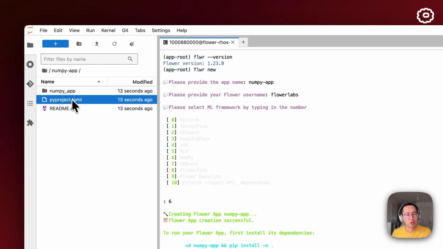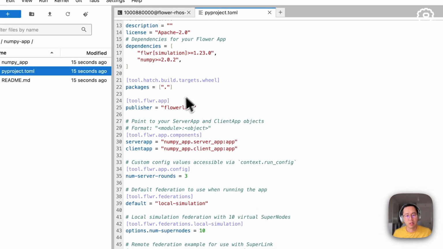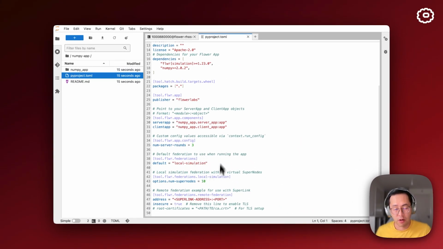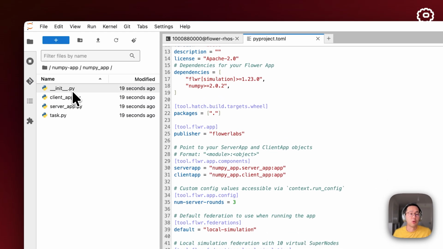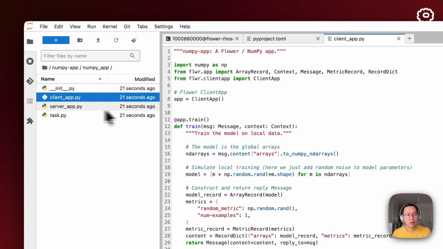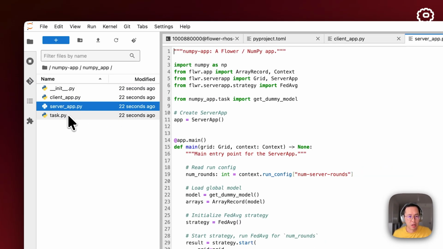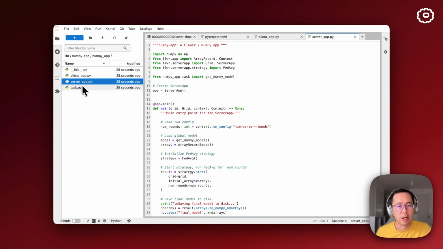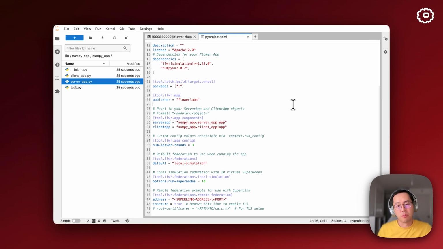You have the PyProject toml that contains all the dependencies and also the configuration for the Flower app. It also has the code for the client app and the server app, and also just some basic supporting functions for tasks. This is, of course, a very simplistic app, just so we can get a sense of how a Flower app is constructed. And the whole point of this is just to demonstrate to you how you can run this in the Flower